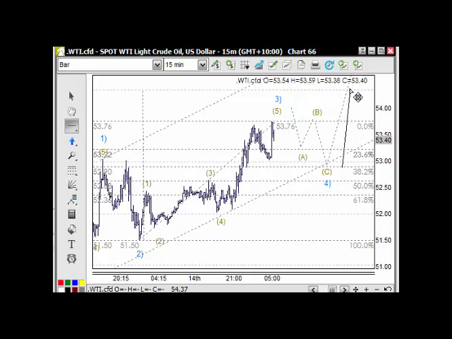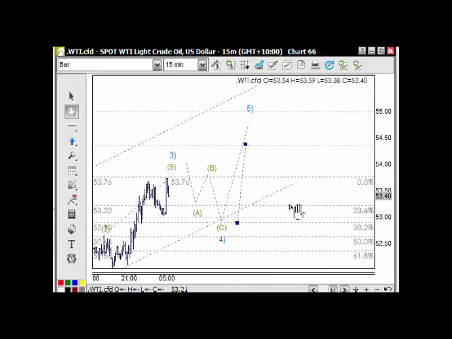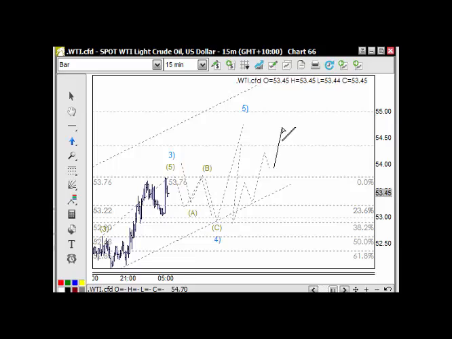So we may not make it to the 55. So the 54.50 is a very probable area here to go to. After we've got this A, B, and C here pulling back into the 38.2 retracement level and whatnot, the move up here may not be that much at all. It might be just something like that, not reaching the 55, just coming in around here somewhere,